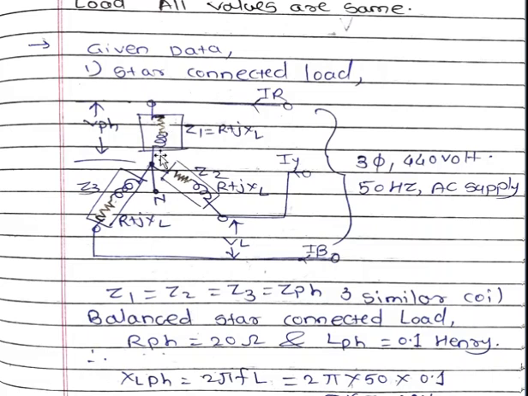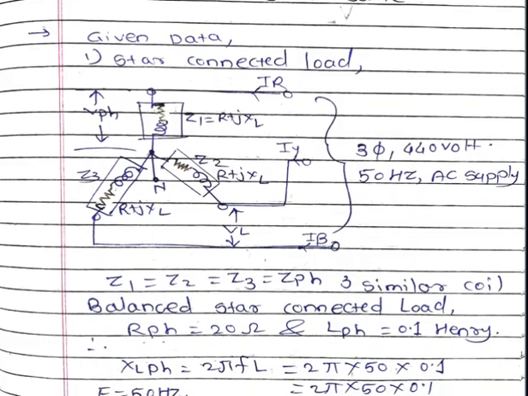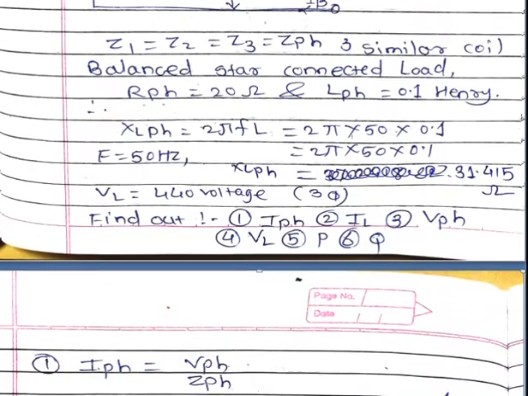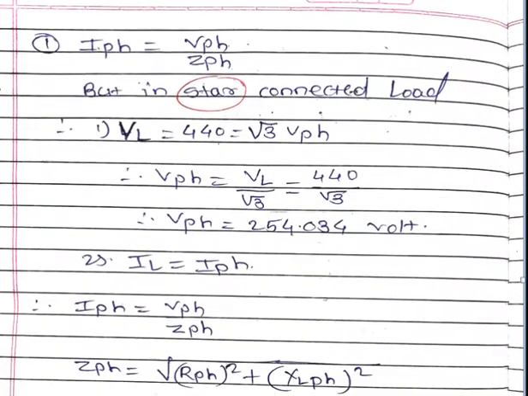But in the case of voltage, the neutral is available, therefore we obtain two types of voltage. One is the phase voltage, that is the voltage across each impedance, or the voltage across one phase and neutral. Line voltage means the voltage across any two lines. Therefore, in the star connected load, there are two types of voltages, line voltage and phase voltage, which are different. Therefore, line voltage is root 3 times the phase voltage.